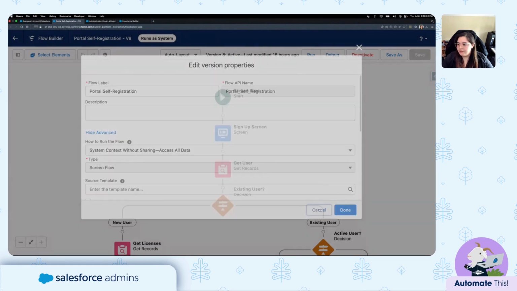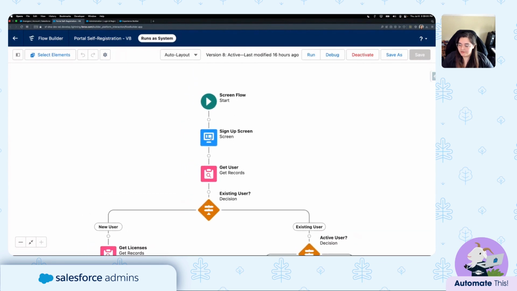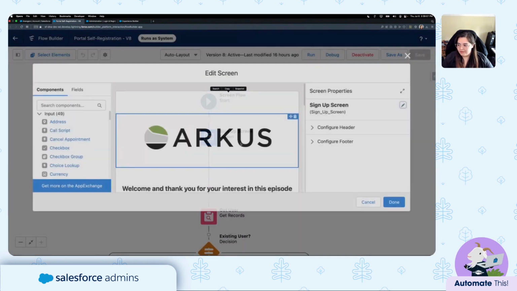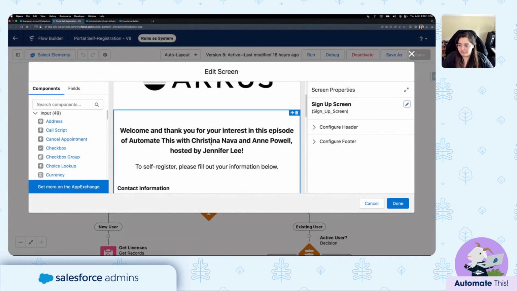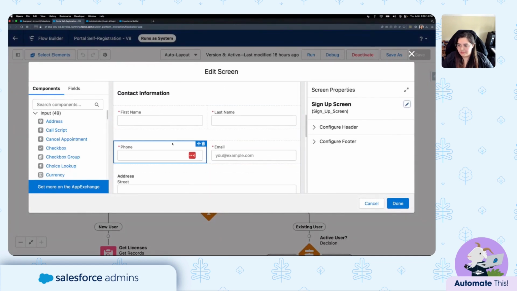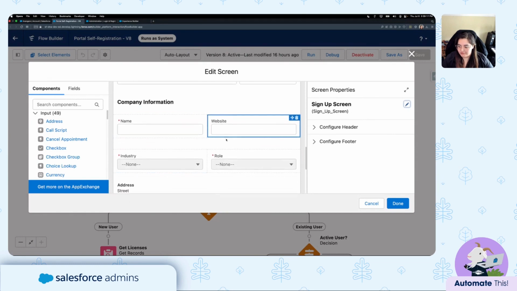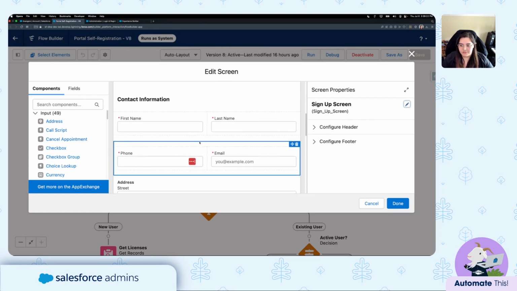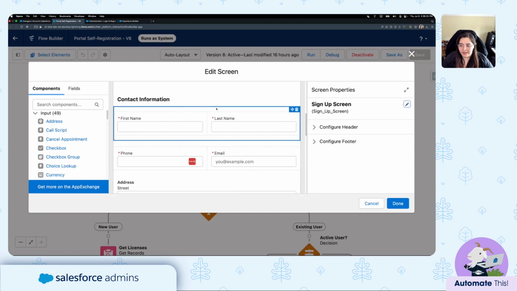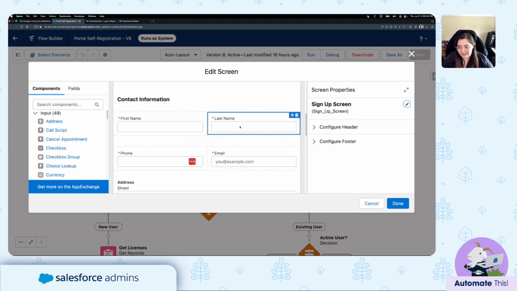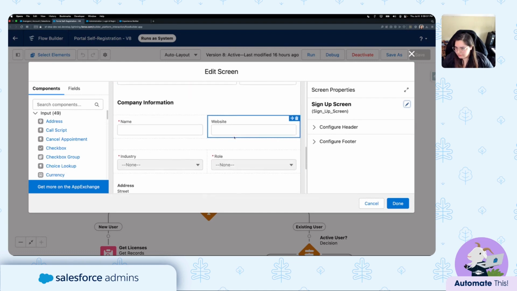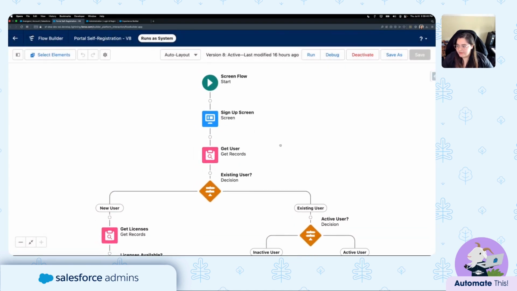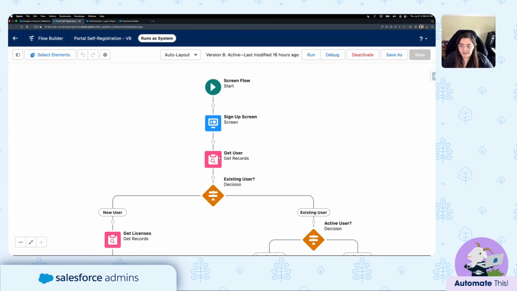So once we do that, the first element you are going to put is a screen. That is the sign up screen that I showed you earlier with all the input information that we want to collect from the user. You can customize this as much as you want, but you do need to make sure to add information in for, at the very least, the email, last name, and any fields that are required on the contact or account objects. So once we have that sign up screen done and you have the email field